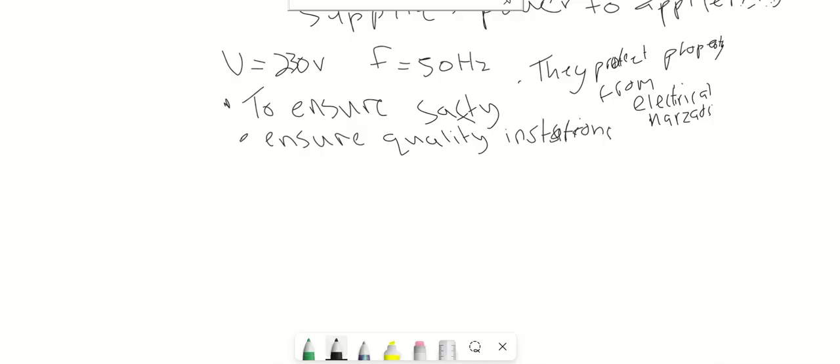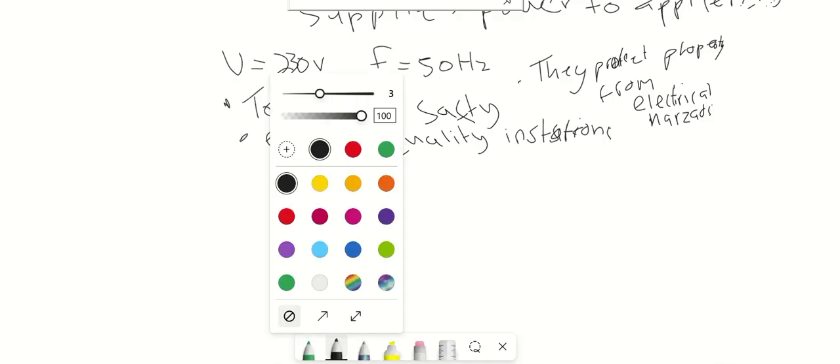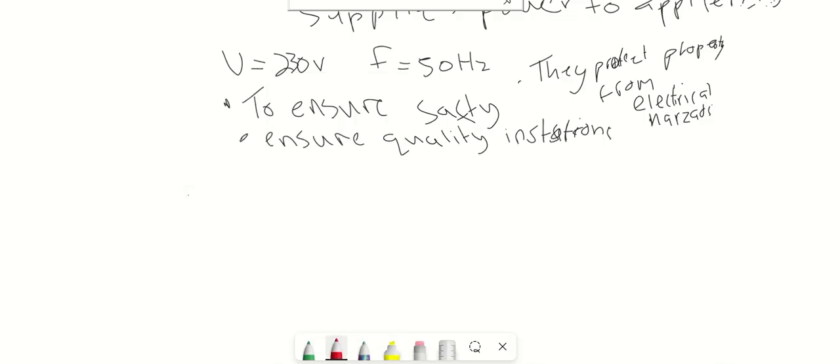In electricity we have protection devices which help us not to experience earth faults, short circuiting, and overcurrent.